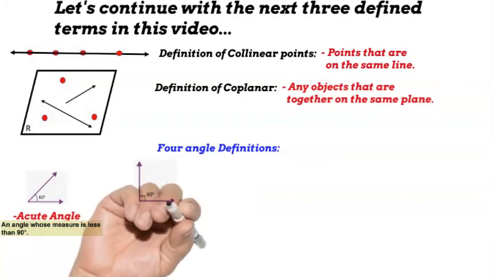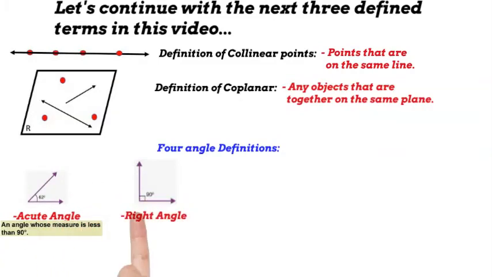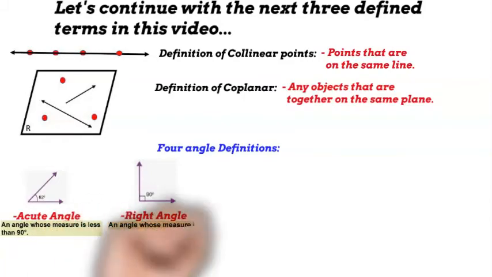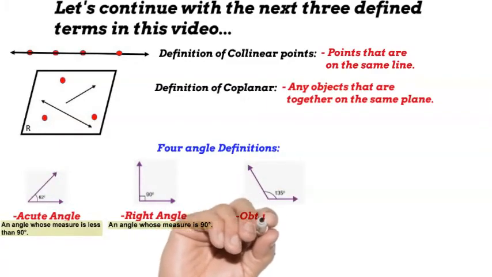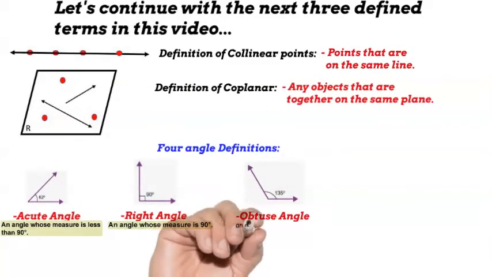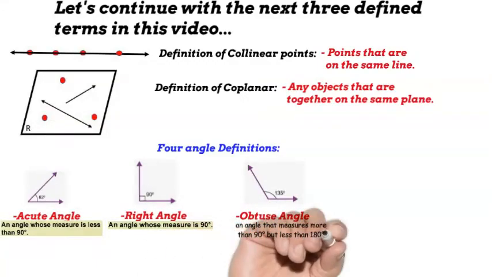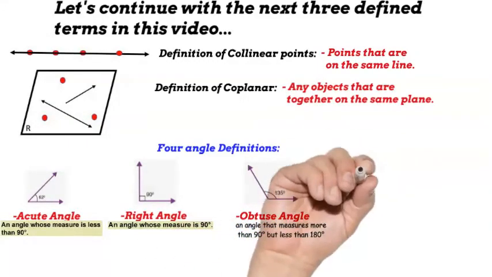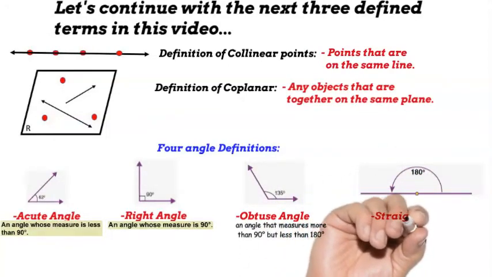The next angle is a right angle, and a right angle is an angle whose measure is exactly 90 degrees. The next diagram is the diagram of an obtuse angle, and the definition of an obtuse angle is an angle that is more than 90 degrees but less than 180 degrees, so between 90 and 180. And the last one is a straight angle whose measure is exactly